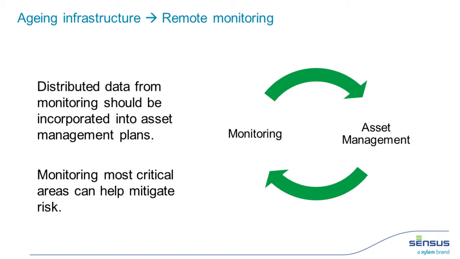Asset management has gotten a lot more consideration in the last couple of decades. It's a very useful tool for making sure that capital expenses remain fairly steady and not all over the place. The great thing about distributed data, so getting more information from our AMI system, say pressure, flow, and water quality data, is that all these types of data can be incorporated into asset management plans. Especially when you consider, say, pressure, and you're taking areas where you've got high pressure and old pipes, that can feed into your asset management plan.